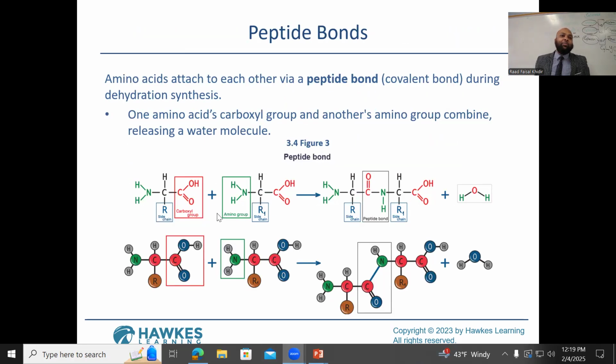So the name of the bond between the sugars is called a glycosidic bond, and the name of the bond between the amino acids is called a